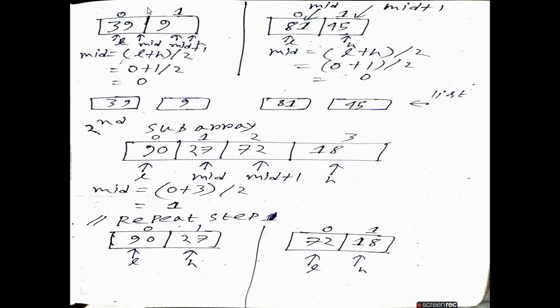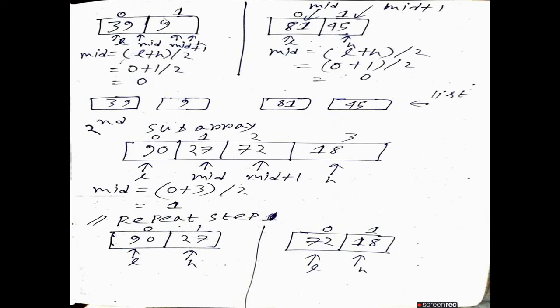Now you ask me, sir, how much time do we use this dividing? You divide the array until you get just a single element. If you get just a single element, stop, no more dividing, because I will explain after some time. Now again use this operation. Calculate mid. What is the mid value now?